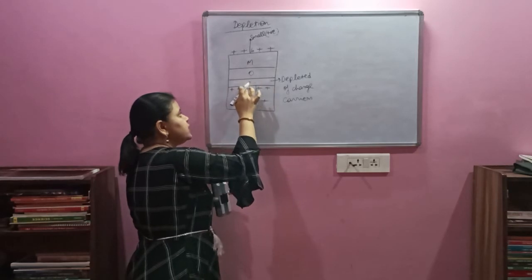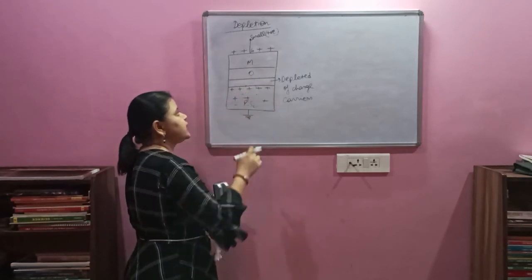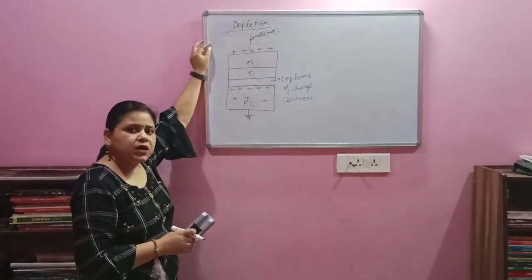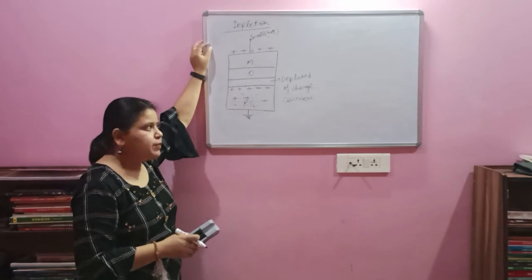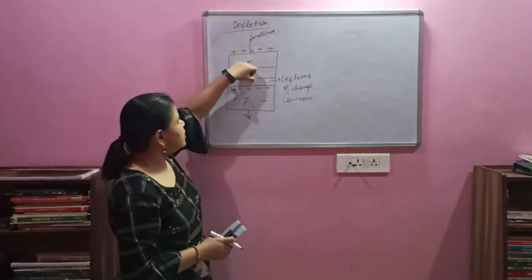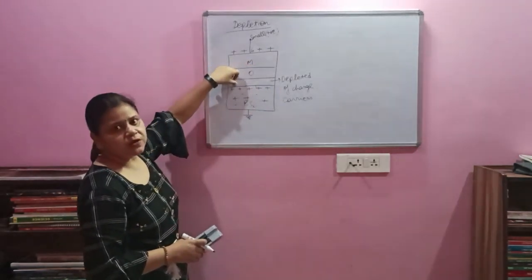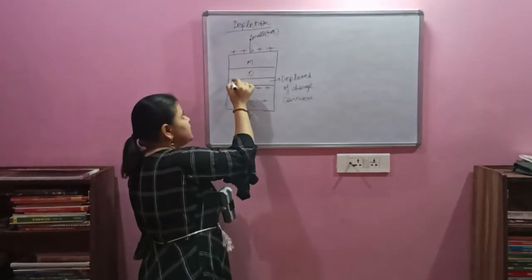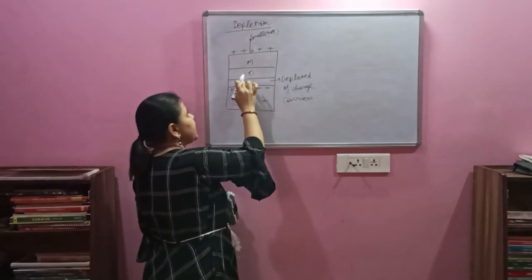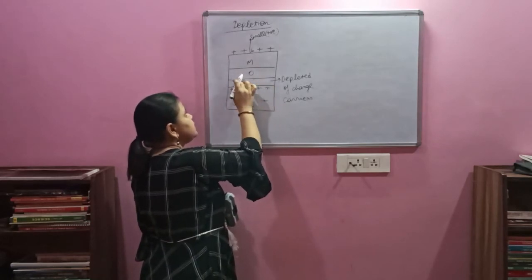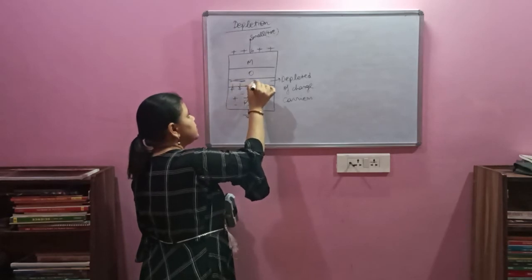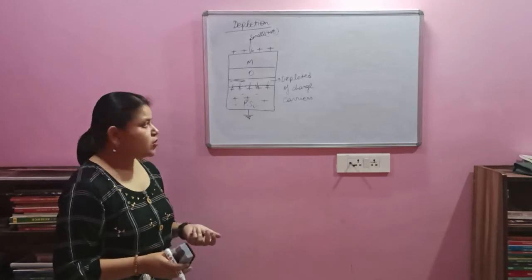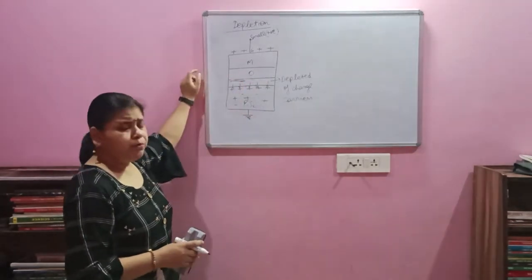The reason is that the voltage which is being applied at the gate terminal is a small voltage. It is not so much that it will be able to pull these minority carriers and get them accumulated over here. So that's why in the depletion process only the very near positive charges which were accumulated here are repelled back. And that's why the name comes, depletion, because it is making this room vacant.